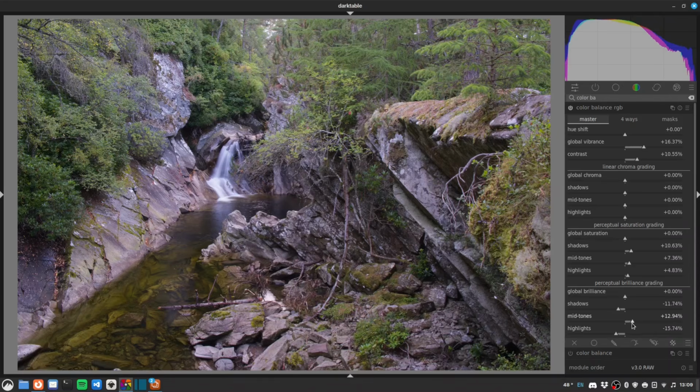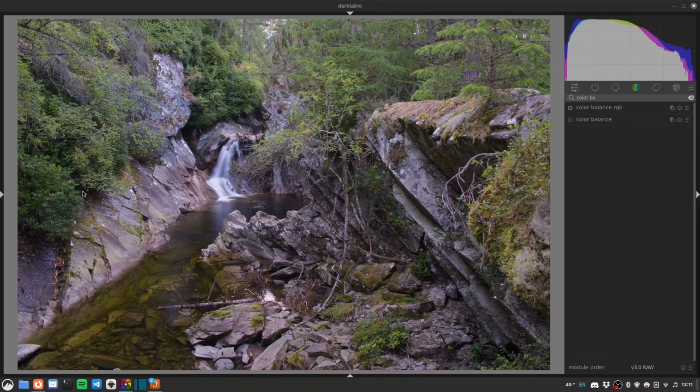It's pretty good. We can also just do a general brilliance drop. There we go. Yeah, that's fine. Now I'd like to add some midtone contrast, which gives me the opportunity to talk about Darktable's masking features, which